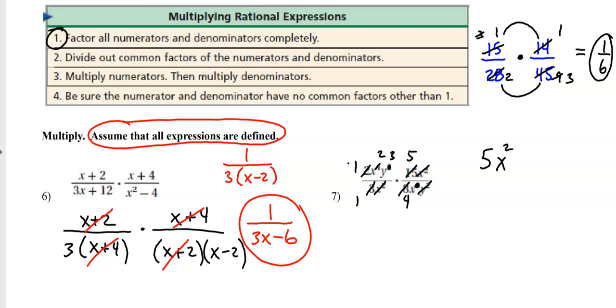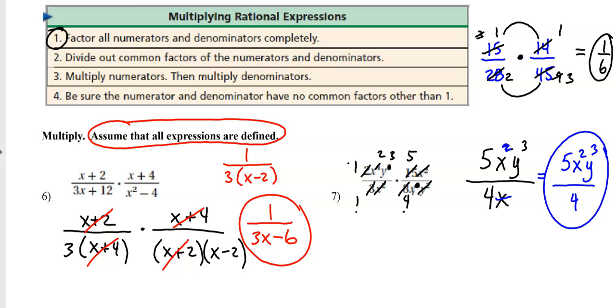I have the x squared, y to the third. Now on the bottom, I believe I just have 1 times 4x. So that's 4x. But then I realize that I have a square. X is still on top and bottom. So this x is going to cancel out with one of these. So at the end of the day, I have 5x squared, y to the third, all over 4, and we